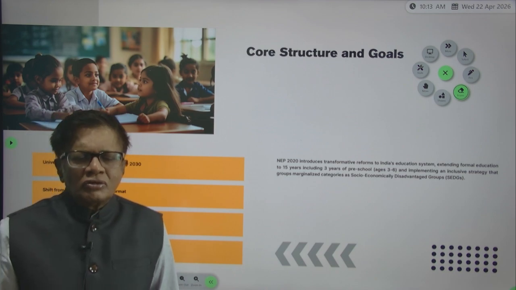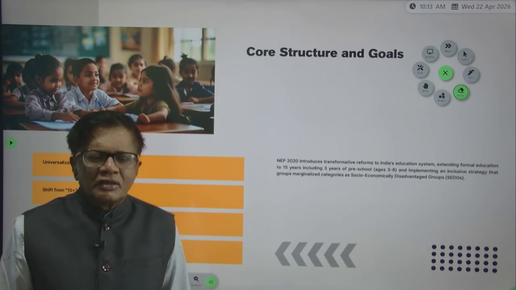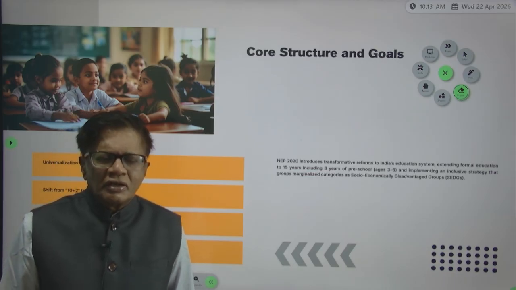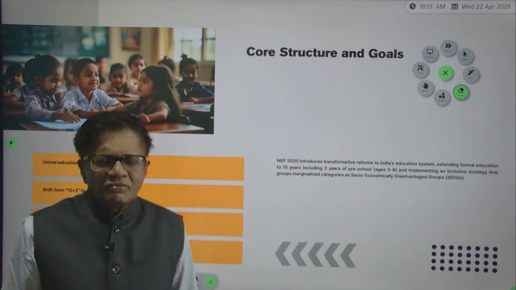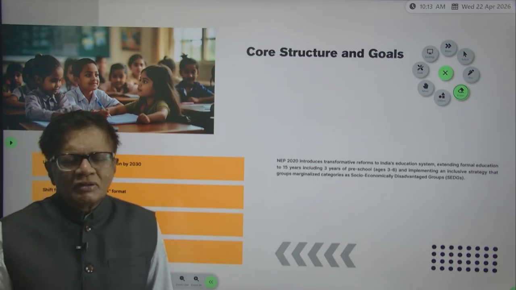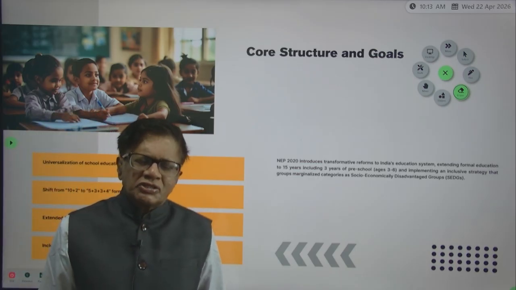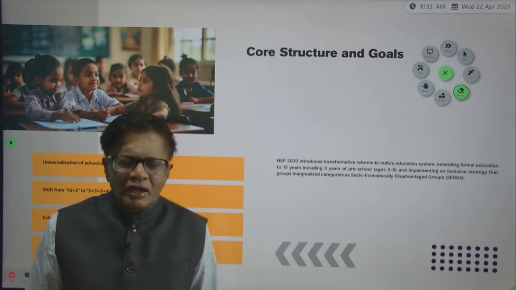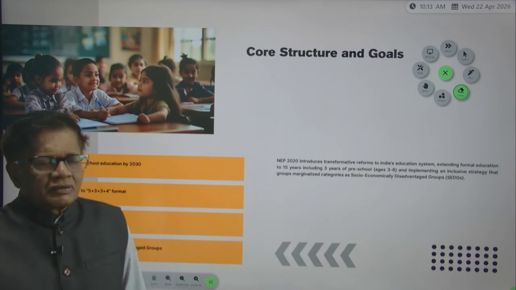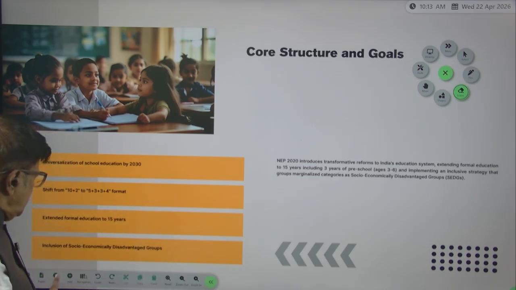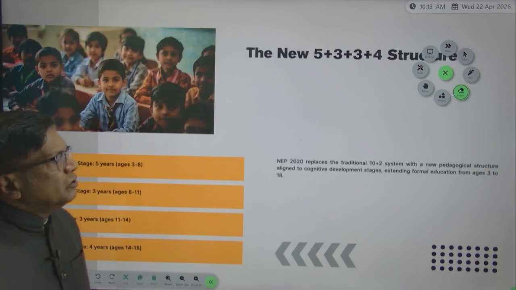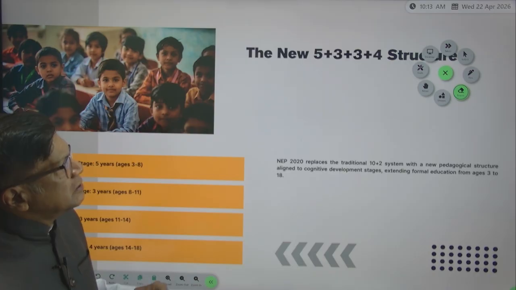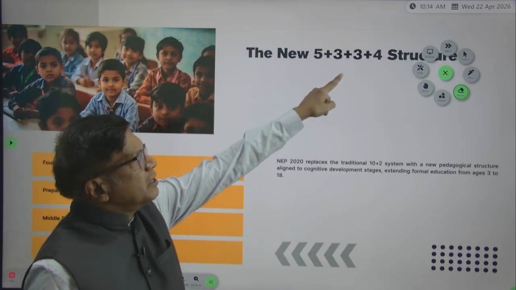Then there is also the NCERT. Then there is CBSE, Central Board of Secondary Education, NIOS, NCTE, also National Bal Bhavan. Then there are schemes like Samagra Shiksha, PM Poshan, Ullas, and NMMSS. As you have seen, the new setup is the 5 plus 3 plus 3 plus 4